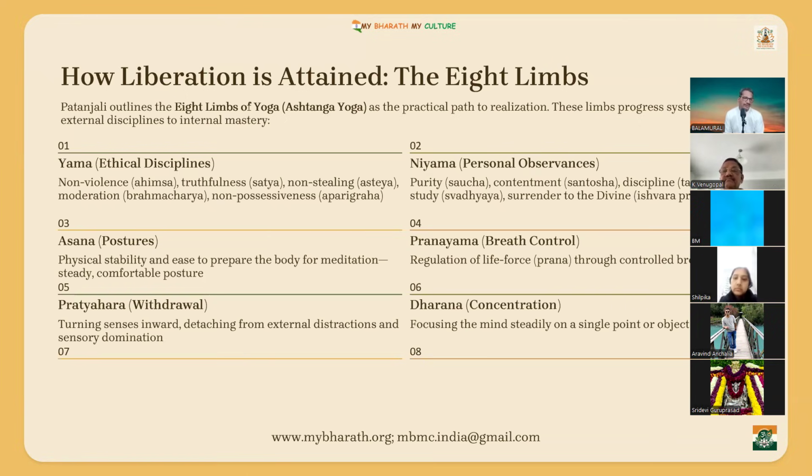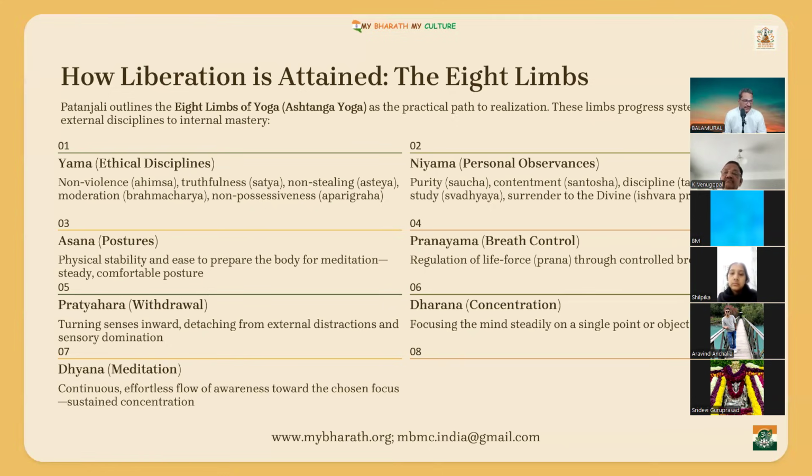The yogasanas we need to do to control the body. Then pranayama. We need to control the breath. What is the purpose? The purpose is to control the mind. I cannot control my mind through my mind. So first, I am controlling my body through my mind and controlling the breath through my mind. If I start controlling the breath, then I will end up naturally controlling my mind. Then pratyahara. I need to withdraw the senses. Now the senses are pleasure bound. Wherever pleasure is there, senses are going, right? So how to withdraw those things?